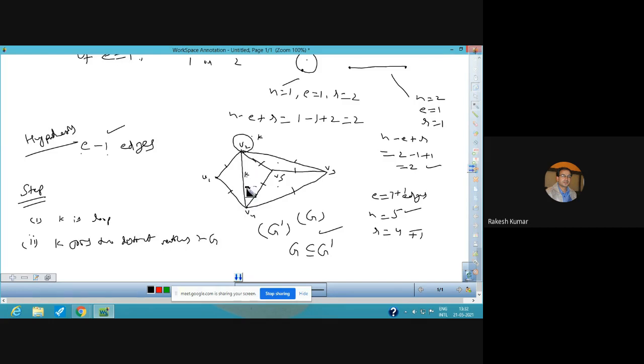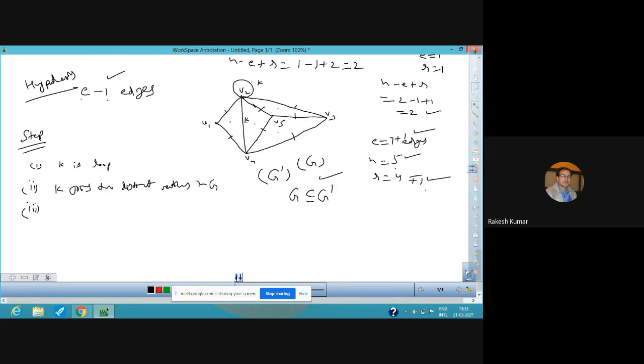Now K has joined V2 and V4, then again just see, without K there was a single region, this region, but by drawing K, the single region has been divided into two regions. So again there is an increase in the regions, an increase in the edges, and no increase in the number of vertices in the second case also. So in the third case, K is incident with only one vertex of G, in which case another vertex must be added, increasing the number of vertices.